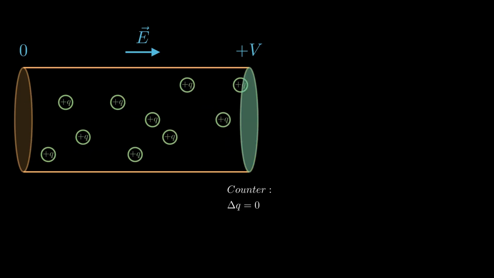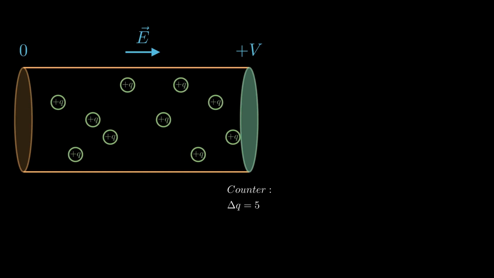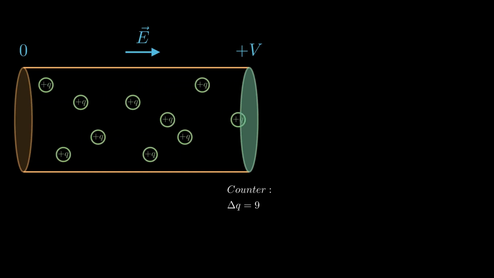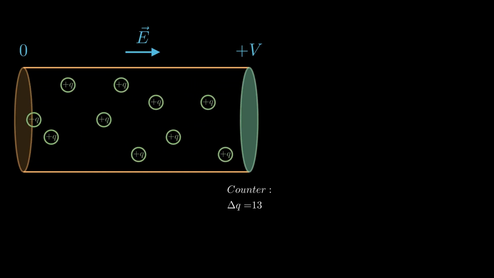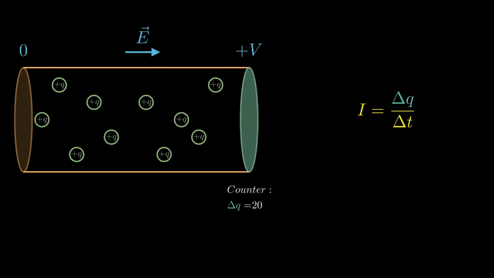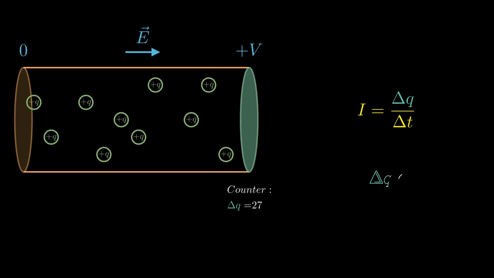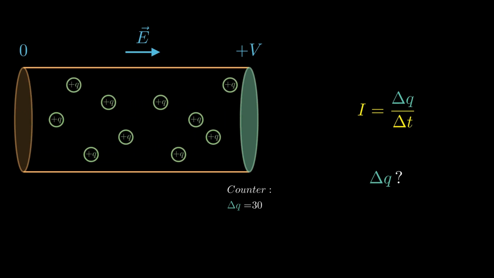Now, let's say we set up a charge counter here. It will count the number of charges flowing through this cross-sectional area in a time period delta t. We will call the number of charges delta q, and we can define the current through the conductor as delta q over delta t. The question we now want to ask is how many charges actually flow through this